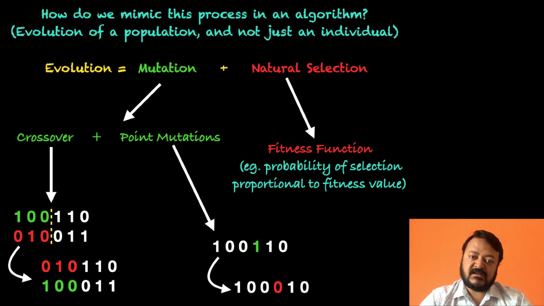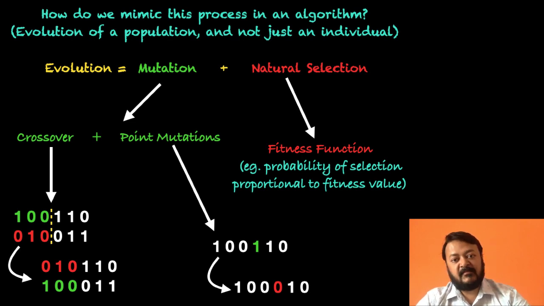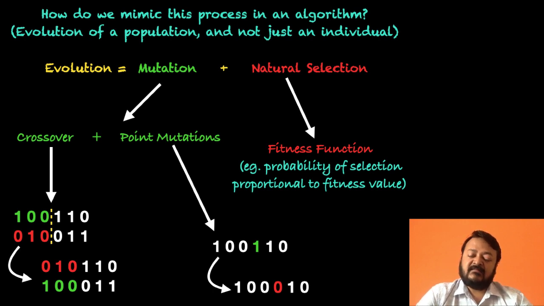So you have this population of binary strings. For each binary string there is a fitness function which is defined depending on the problem that you're trying to solve. Binary strings which have a higher fitness will have a higher probability of being selected in the next round of your genetic algorithm process. We'll see an example of genetic algorithms which will make this clear, but the basic idea, as I said, is that binary strings have a well-defined fitness function, and strings which have a higher fitness end up being selected for the next generation with a higher probability.